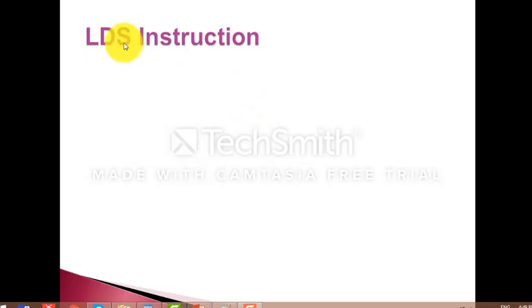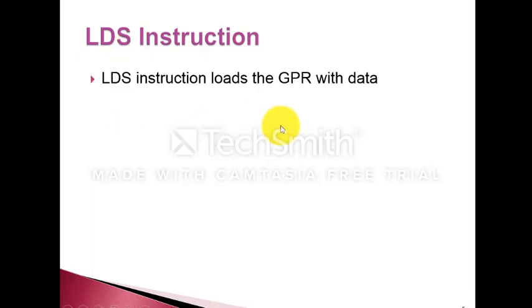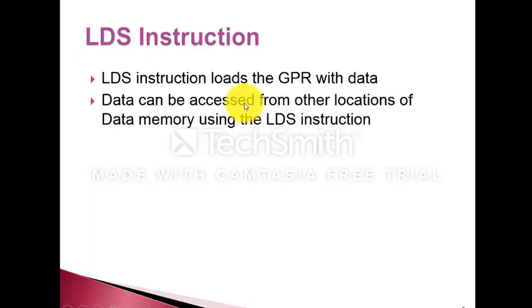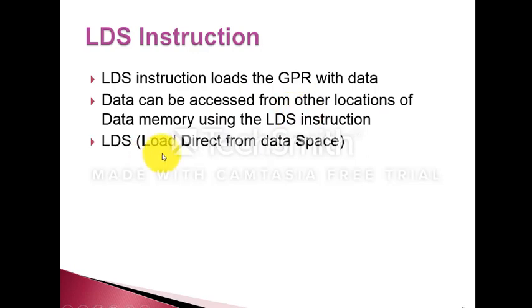The statement which is used to access data memory SRAM is the LDS instruction. By using the LDS instruction, we can access SRAM. The LDS instruction is used to load data from SRAM into a GPR to perform arithmetic or logic operations on that data. LDS is the most important instruction. It stands for load direct from data space. The LDS instruction loads a GPR with data that is stored in SRAM. In simple words, we can say load from